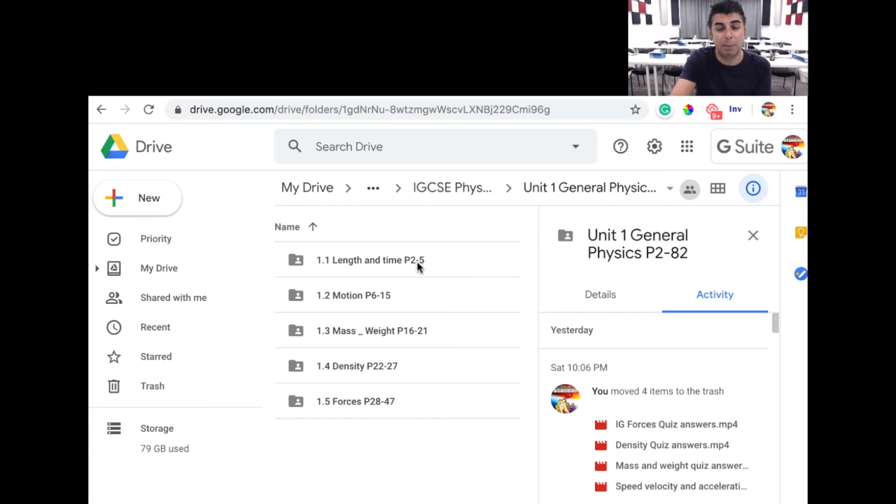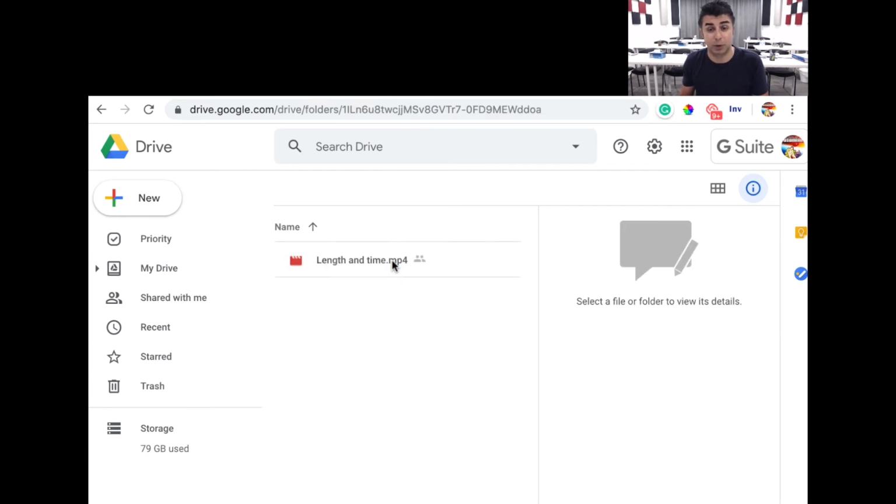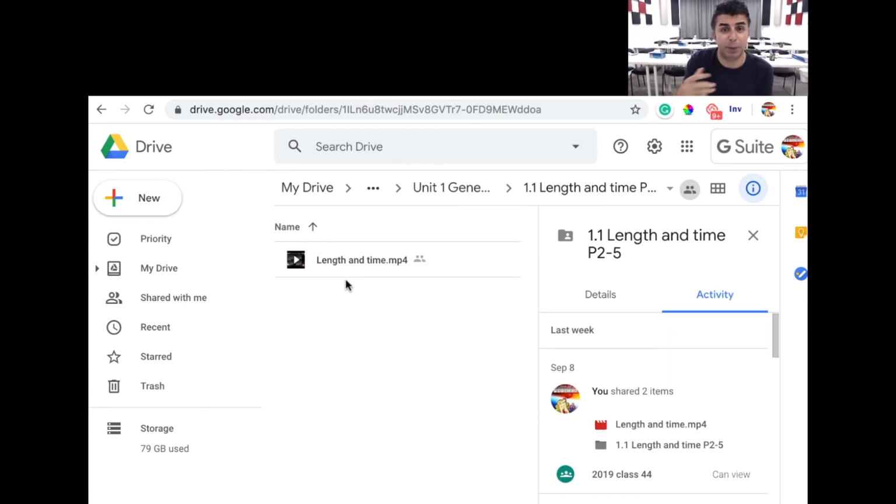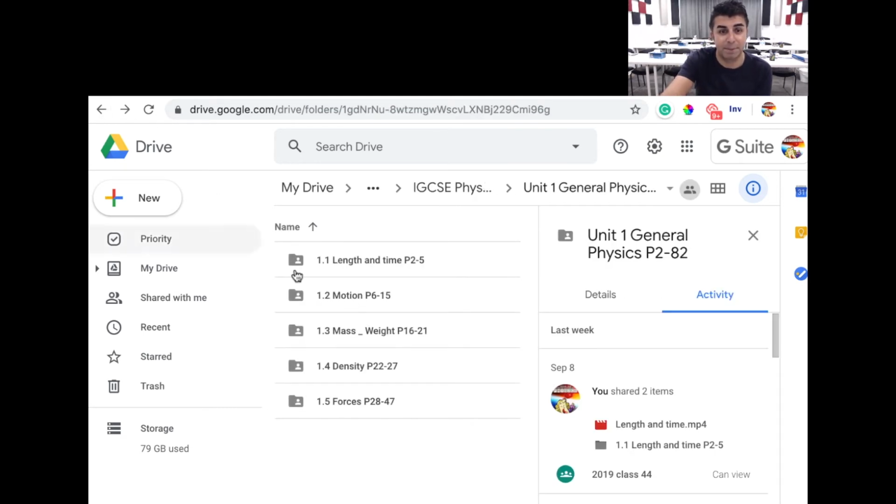And the P numbers, the page numbers here, refer to pages in my book. Now, unfortunately, at this time, my book is only available as a physical copy. It's not available as an ebook at this time, and I've got no intentions of making it available as an ebook. Then here, you'll see videos of each lesson. You can play them to your heart's content, after a lesson, before a lesson, you can go ahead if you like.